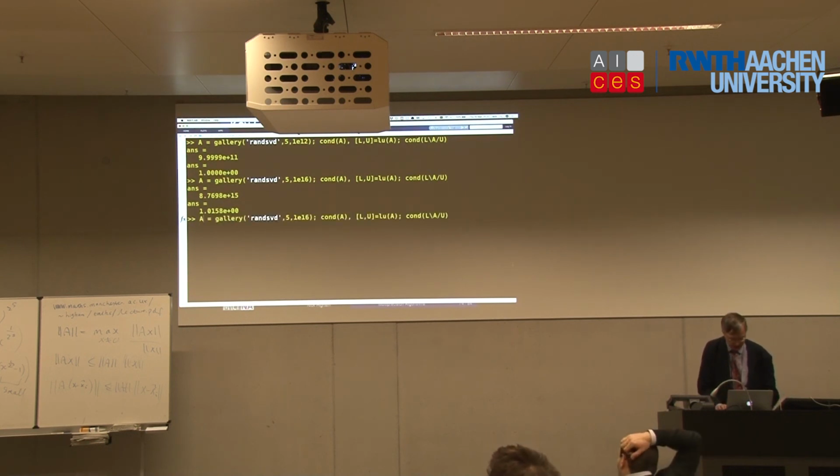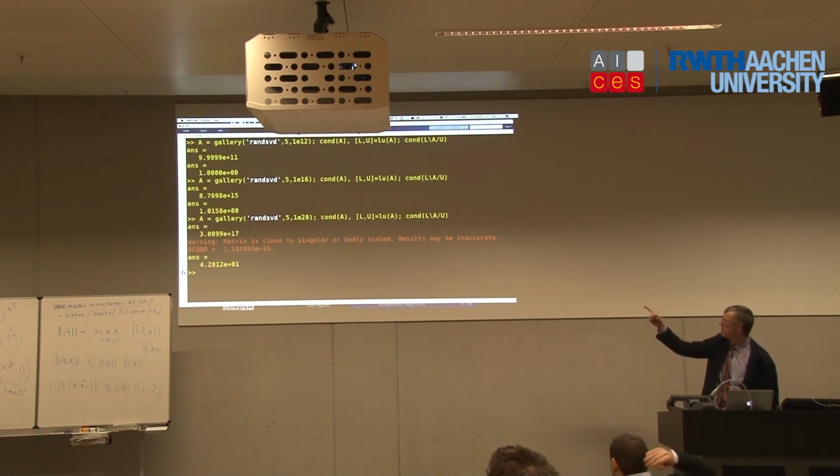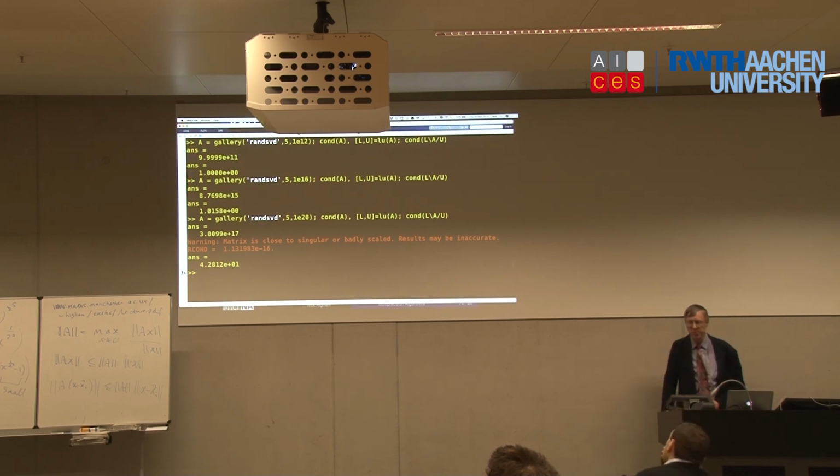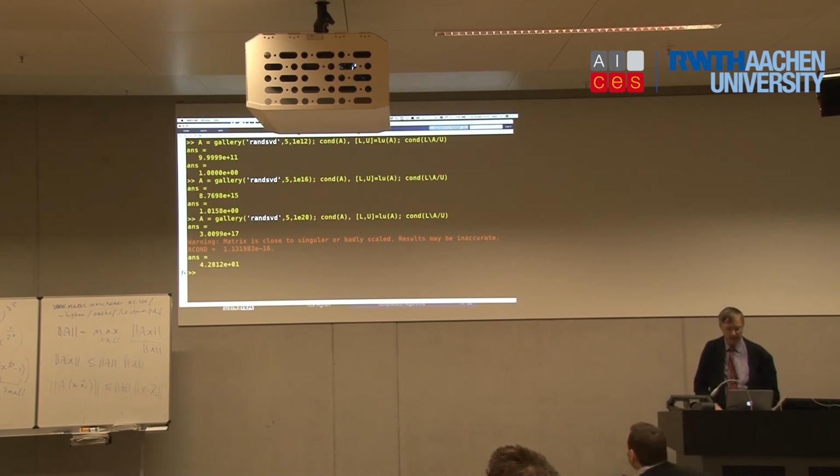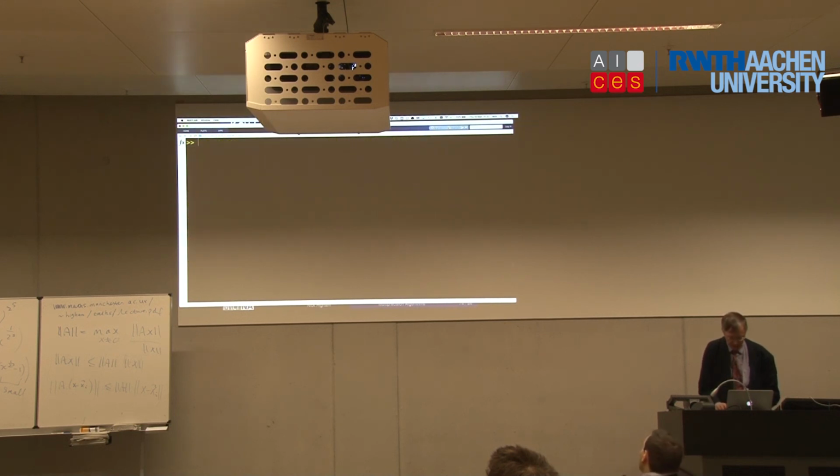Make the condition number bigger than 10 to the 16. Make it 10 to the 20. Well, the problem is, with randsvd, you cannot get condition numbers much bigger than 10 to the 16 because of the rounding errors in the formation. But I can do something different. I can use the inverse Hilbert matrix built into MATLAB. invhilb, this is the exact inverse of the Hilbert matrix.